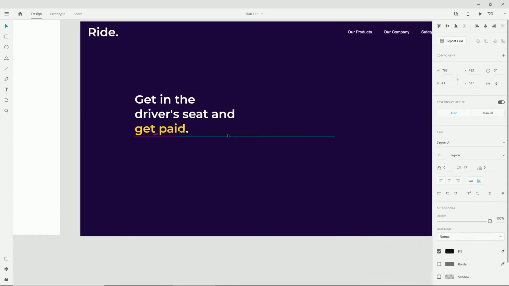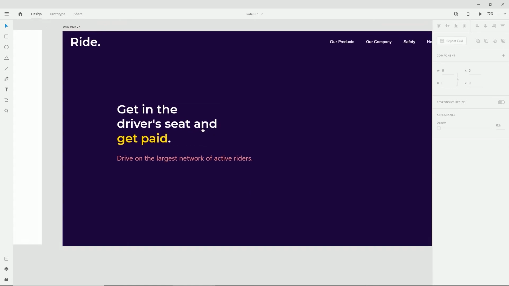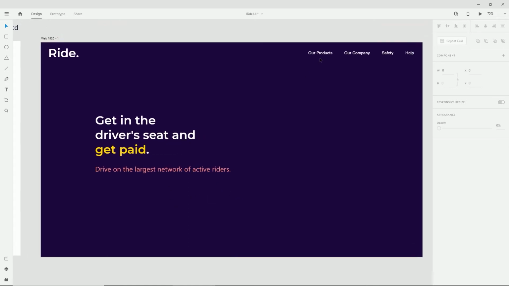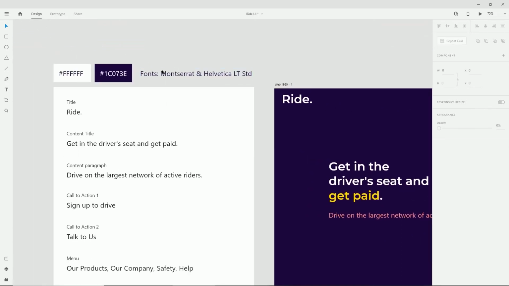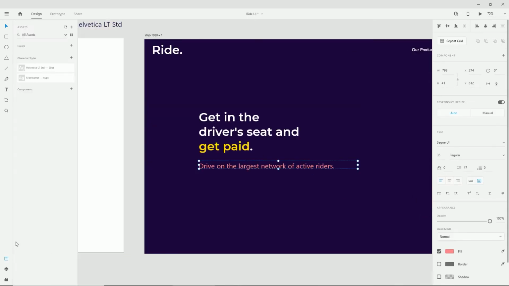So I'm just gonna go ahead and paste it, and you probably can't see it because it's black, but I will just change it to another color. And for the paragraph, I actually want to stick to the branding guidelines that I created earlier. What I can do is select this text, go to the assets, and just select the Helvetica text. Make sure that everything is looking good, and I think this is looking okay.